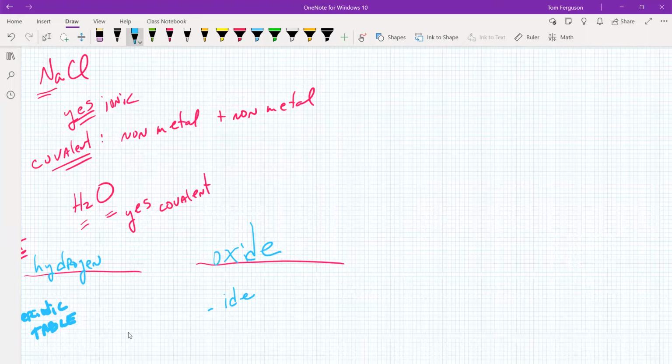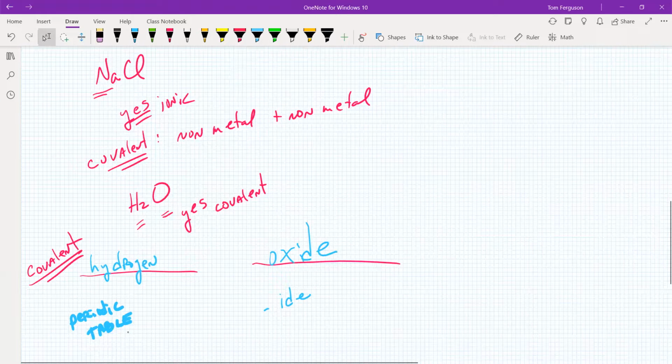Okay, so we assign the first set of atoms per the periodic table. The second one is going to be an oxide from the ion chart. So in this case, it's going to be oxide. The second thing we need to do is determine how many of the atoms of each. In the case of water, it's 2. That means it will be